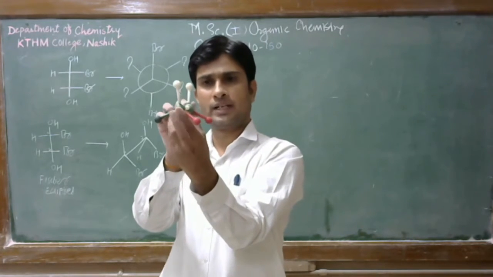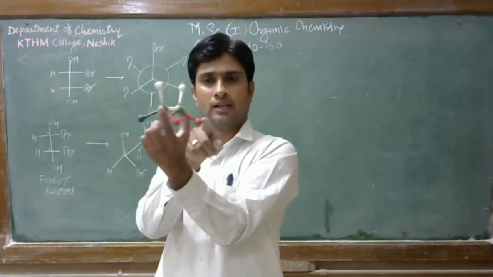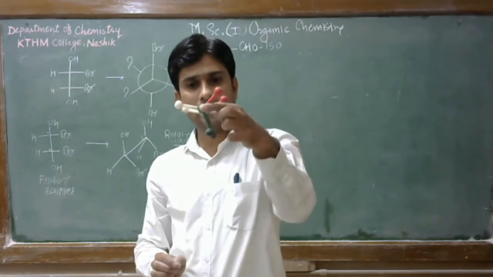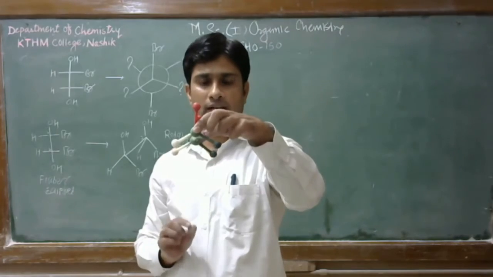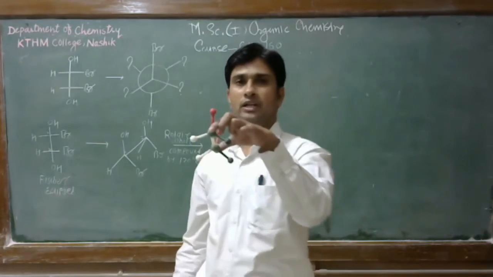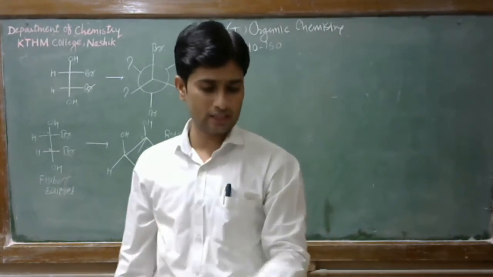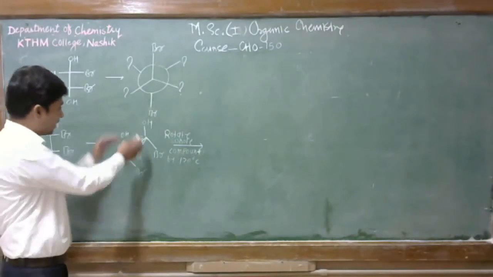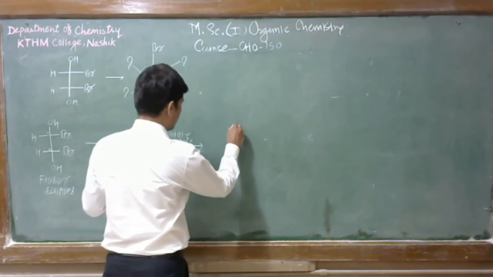See, if this is the bromine here, this is the front carbon atom, this is the rear carbon atom, this is bromine here, this is bromine here, and when you rotate the whole structure by 120 degrees, there is no change in conformation. We have to keep in mind one thing: when we rotate the whole structure through a certain degree, there is no change in conformation, and hence in this step we have to rotate the whole structure by 120 degrees in the anti-clockwise direction.